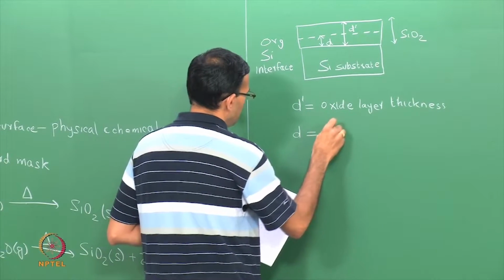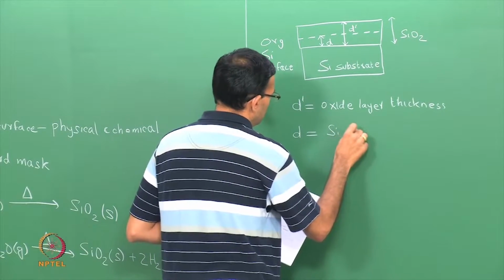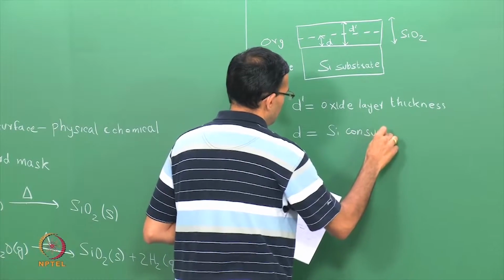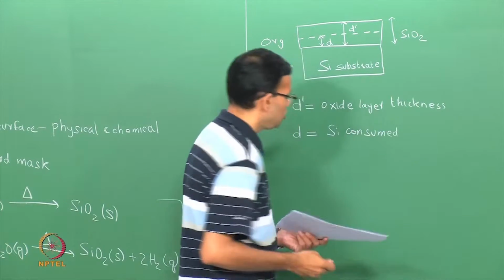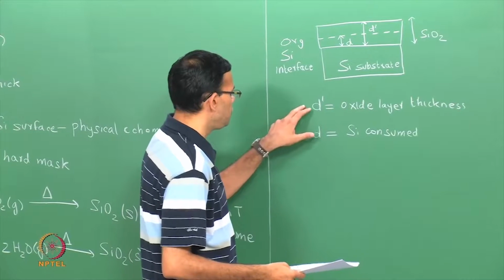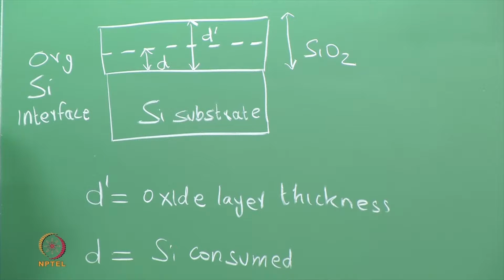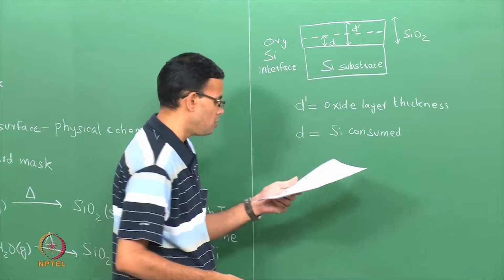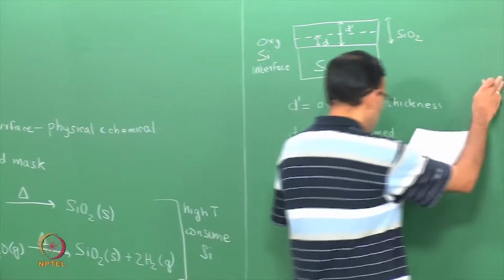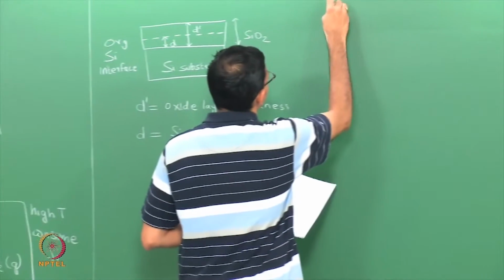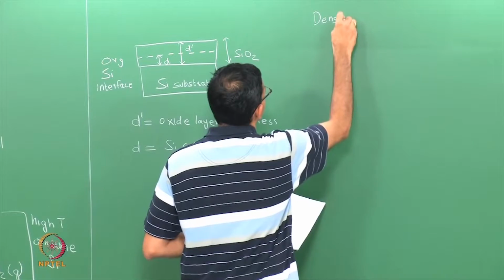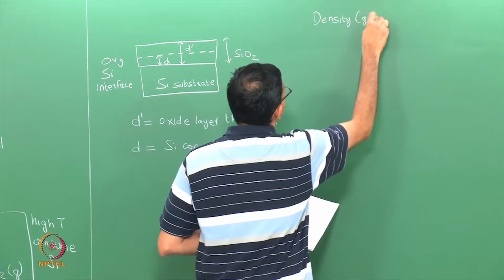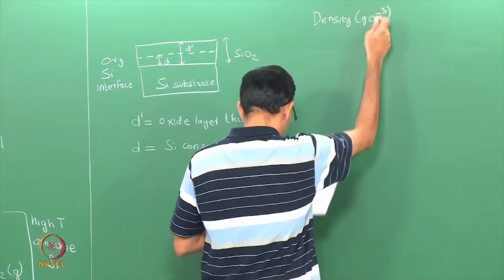And D is the silicon that is consumed in forming this oxide layer. So, one can find a relation between D prime and D by simply looking at the number of moles of silicon consumed and the number of moles of SiO2 formed. To do this, we just need some physical properties. So, first is density in grams per centimeter cube,